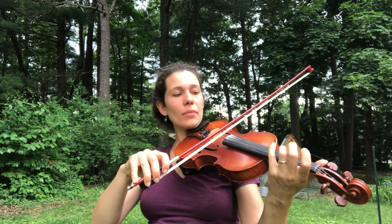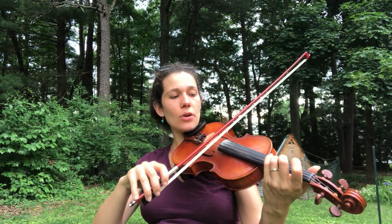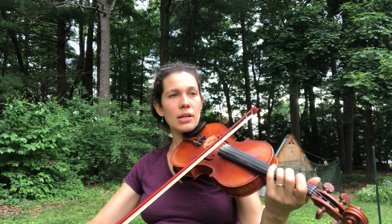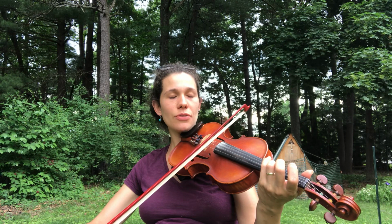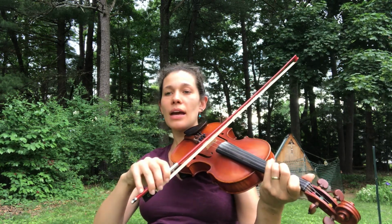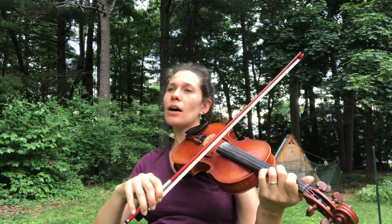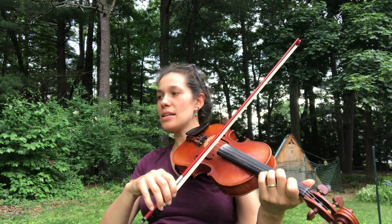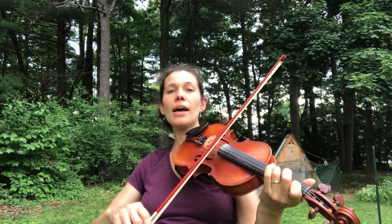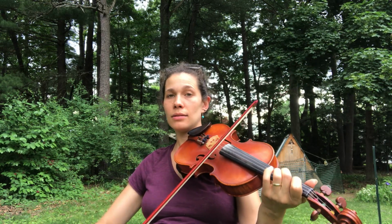So on the B part, we had the exact same thing too. A lot of spots to keep those fingers down. So we have open D as our pickup note. So we have a third finger on the D string for the G, to our B flat, back to the G, and then we have an F sharp there, to the D, back to the F sharp, back to the G, B flat, and now the F sharp to the open A, back to the F sharp,